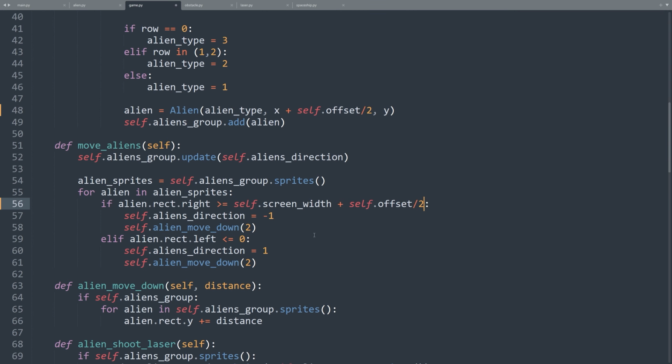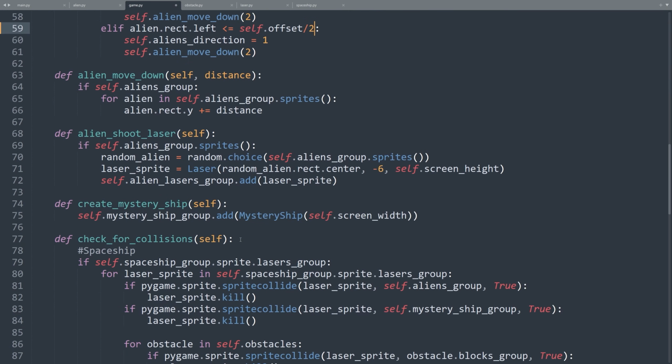And here, less than or equal to self.offset over 2. The last thing we have to do is to also change the mystery object spawn points and the points at which we kill it. Let's find the call to the mystery ship constructor and add an offset parameter.